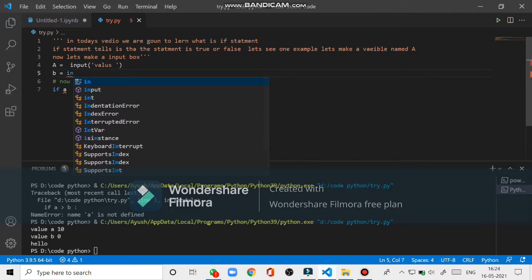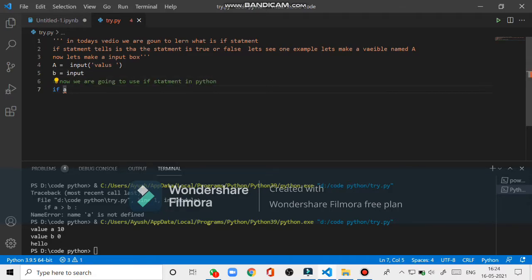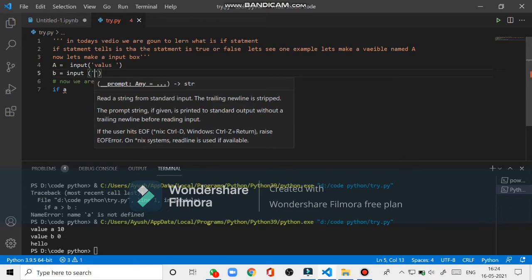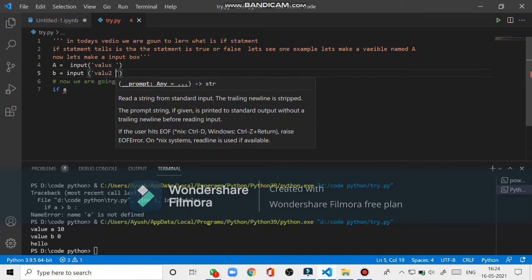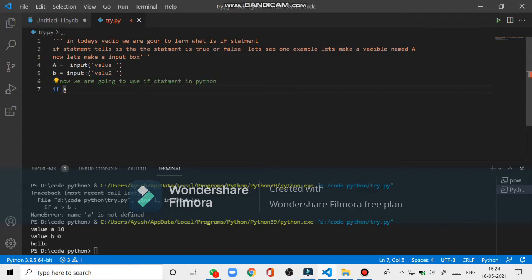But first let's create another variable named b equals input value b. Let's copy this, open bracket and paste it. Now let's remove the a and put b. Now value a.